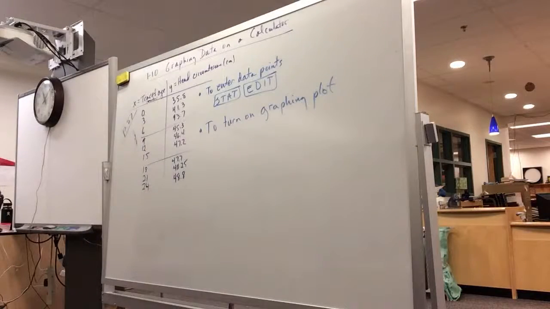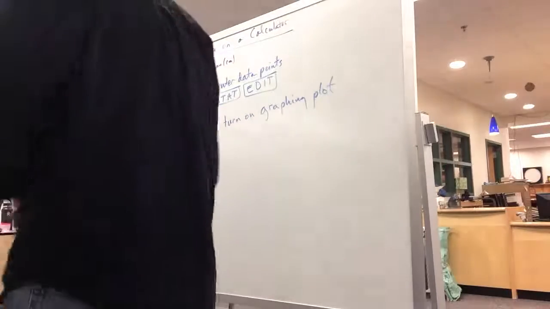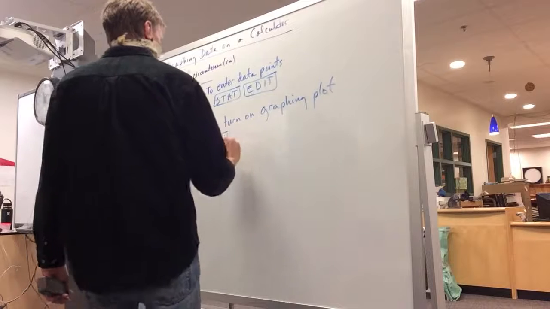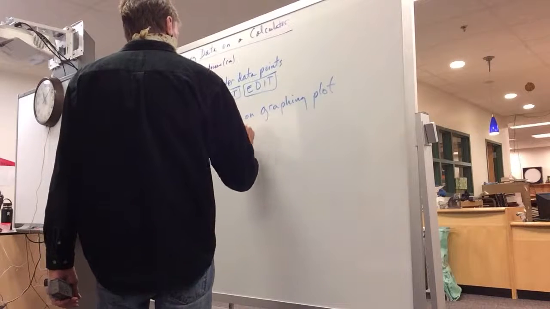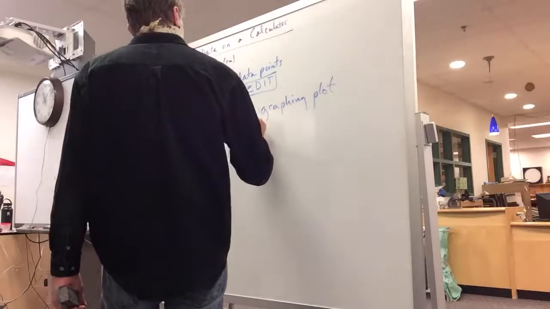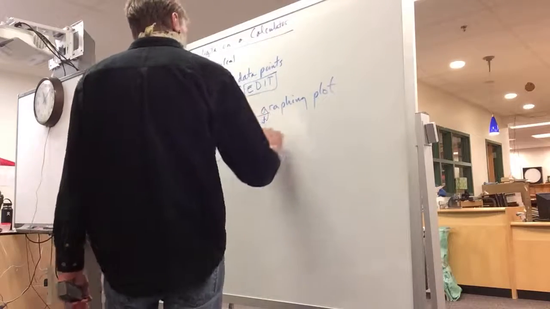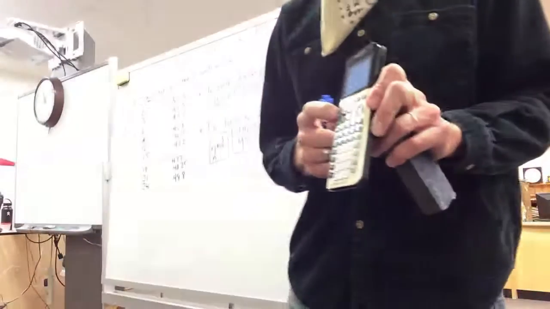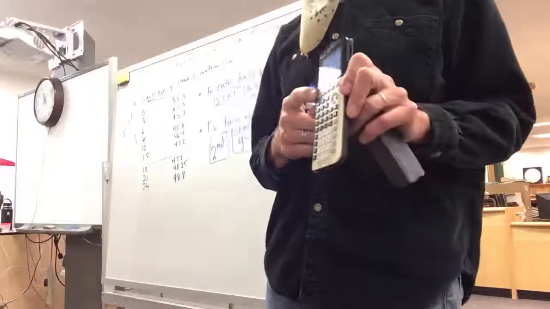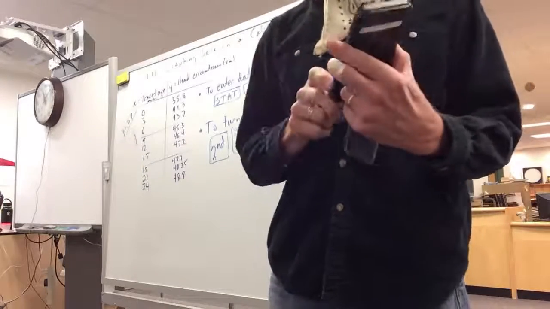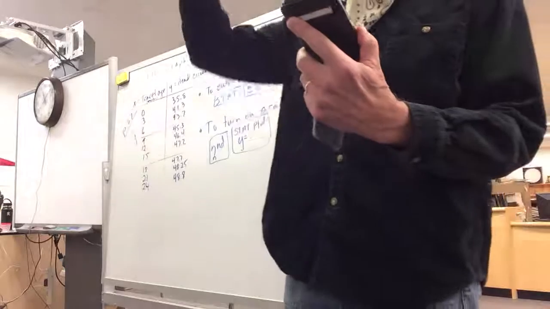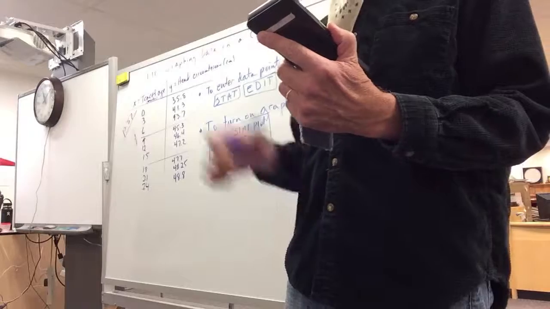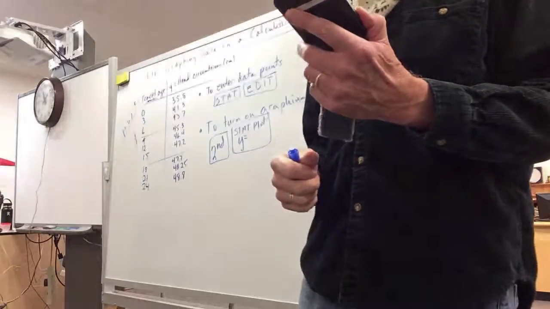We do the second key, and then the Y equals key, upper left. The Y equals key is what we call stat plot. It's on the upper left-hand corner. So you hit second, which is the blue one, and then come up to right above that, and that's Y equals. What you should have in front of you is stat plots, number 1, 2, 3, things like that.